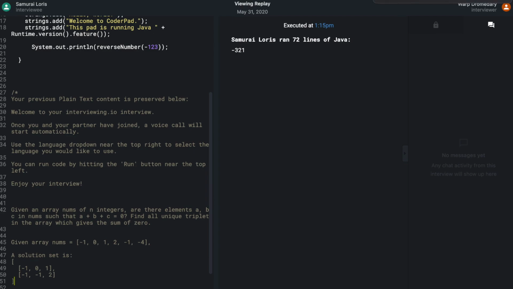So I'm going to traverse the array, then maintain the sum of elements. So I have a -1, and then I have a 0. Just to give you a hint here, there's a few ways you can start this problem. You could have 3 for loops. So one way to think about this is